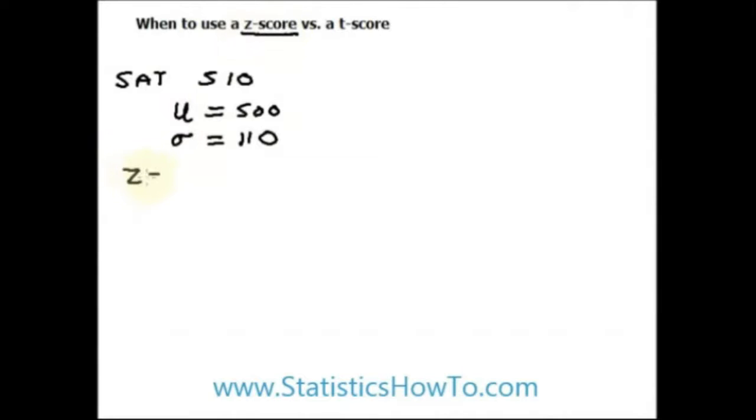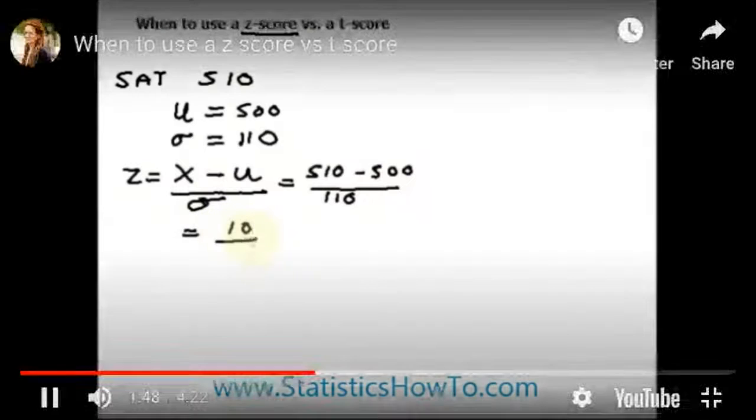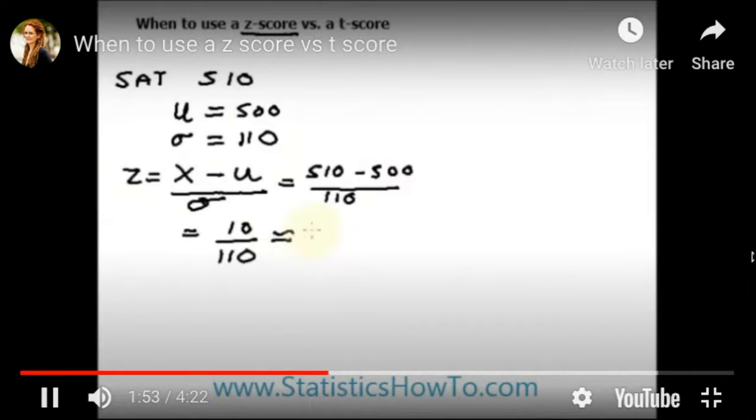The z-score formula is z equals x, that's going to be your score, minus mu, all over sigma. Just going to plug those values in. X is 510, your score, minus 500, that's mu, the mean, all over sigma of 110. And if we calculate this out, we get 10 over 110, which is